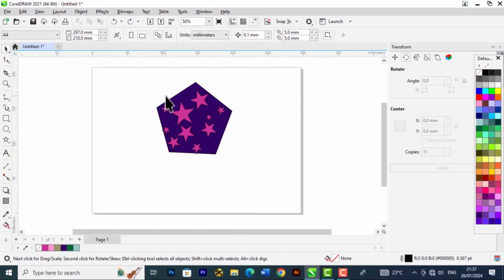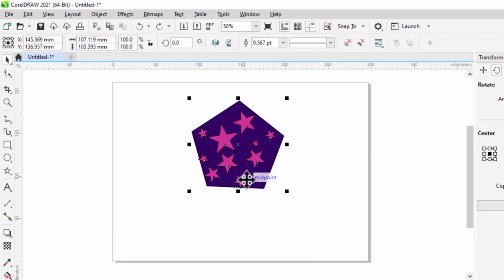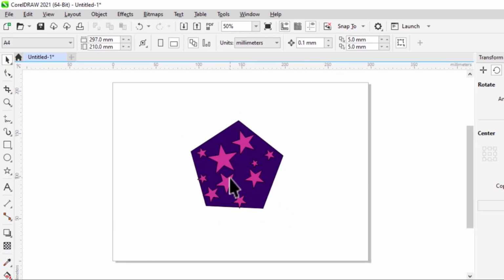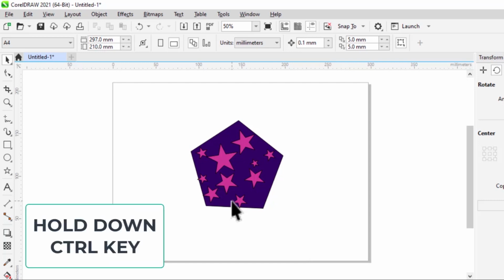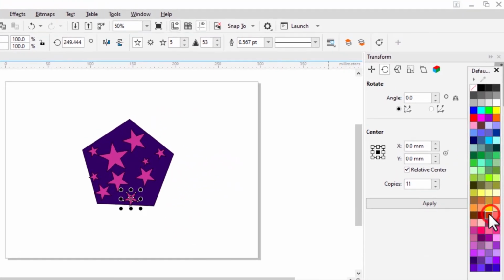Here's a smart tip that you can use when working in CorelDRAW. Now I have this grouped object and you can see it's grouped, but I just created it from shapes. Now if you want to select an object within a group, there is a pretty handy shortcut that you can use. So hold down the control key and then click on the object that you want to select from that group, and then you can make changes to